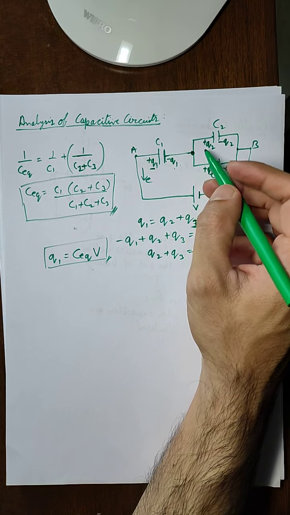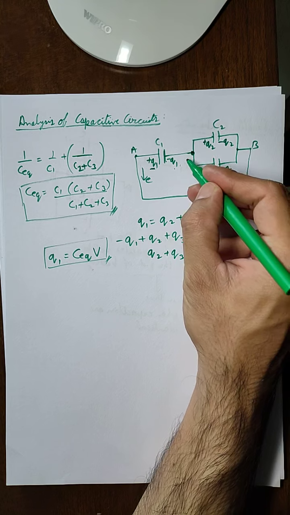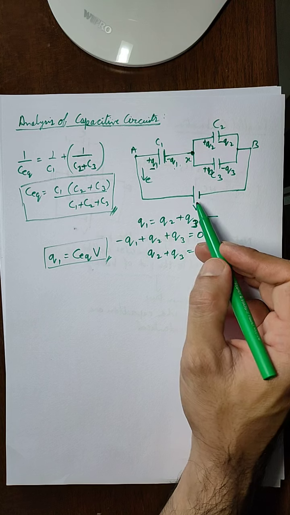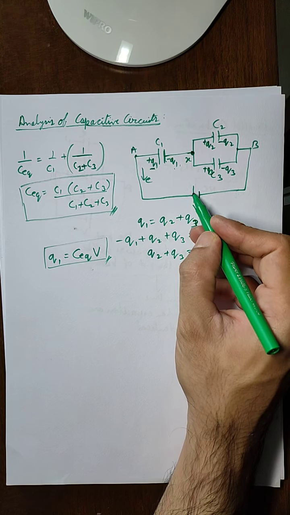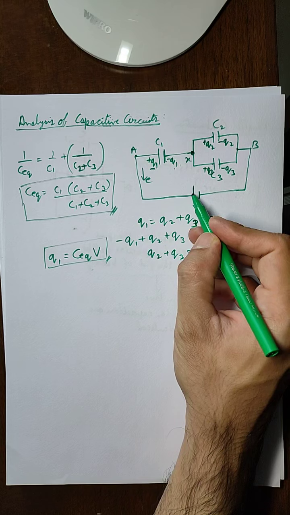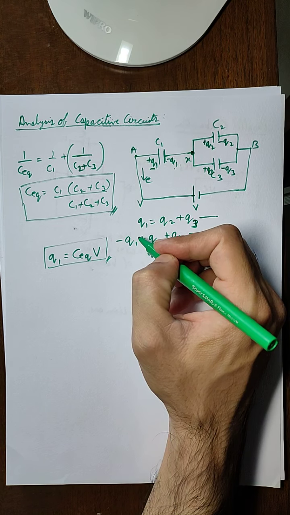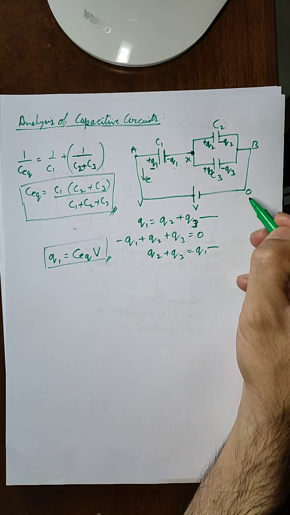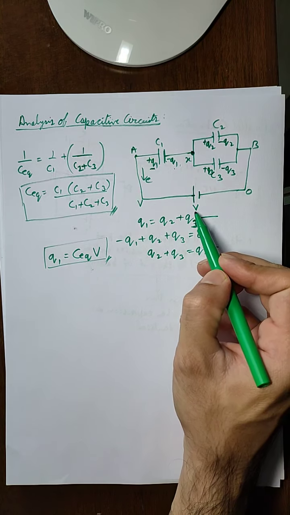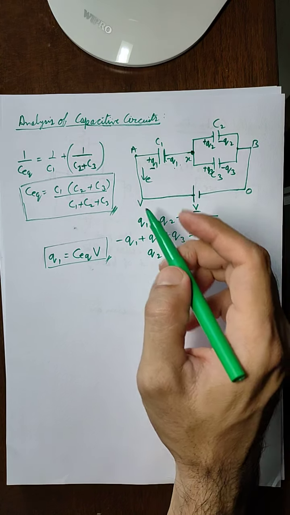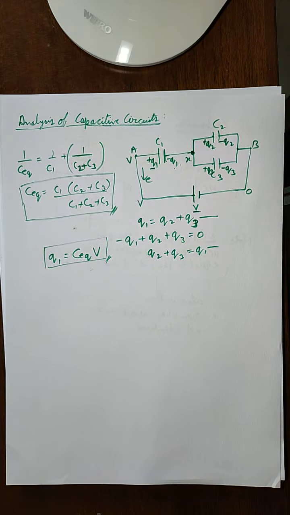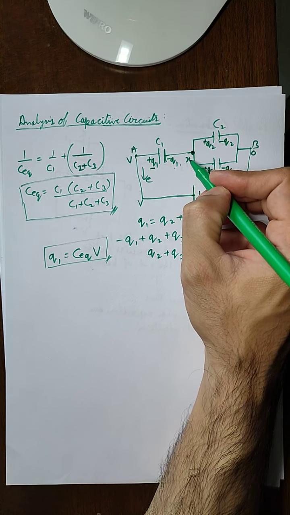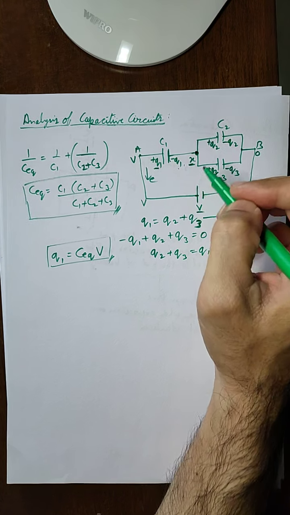Now let us say that this junction is X. Now this battery is generating a potential difference V. What does this mean actually? It means that if the potential of the positive plate of the battery is V, then the potential of the negative plate must be equal to 0, because the potential difference has to be V. So at point A the potential is V, and at point B the potential is 0. And let us say that at this point the potential is equal to X.